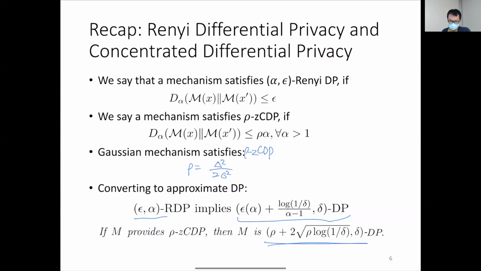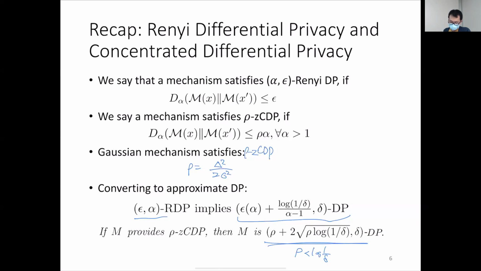Since this upper bound of the Renyi divergence is a linear function, this is effectively just an invocation of the first lemma, and then for any mechanism satisfying rho-CDP, we can show that it also satisfies epsilon-delta DP for any delta, and the epsilon is given by this quantity, right? So one particular corollary that I wanted to talk about here is that whenever this rho parameter is smaller than log 1 over delta,